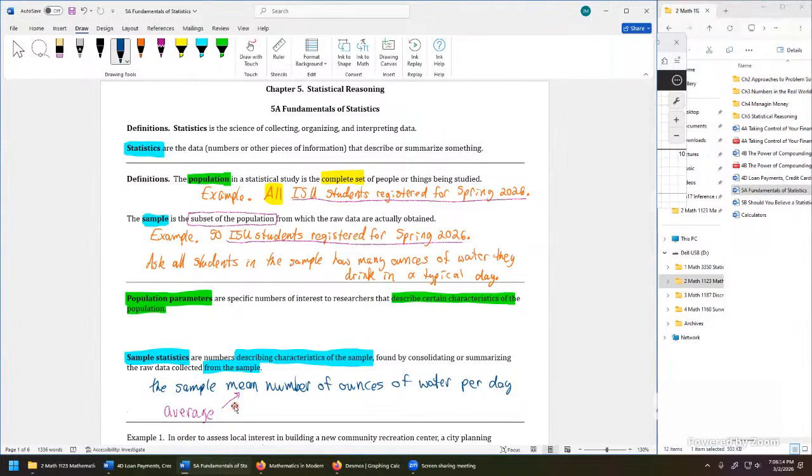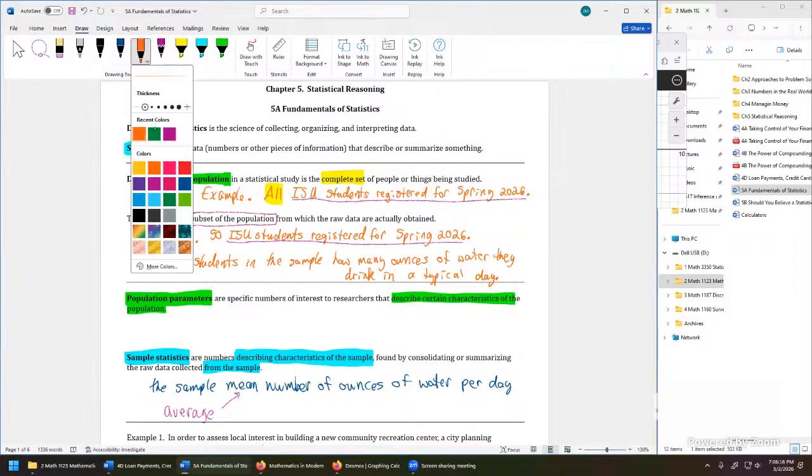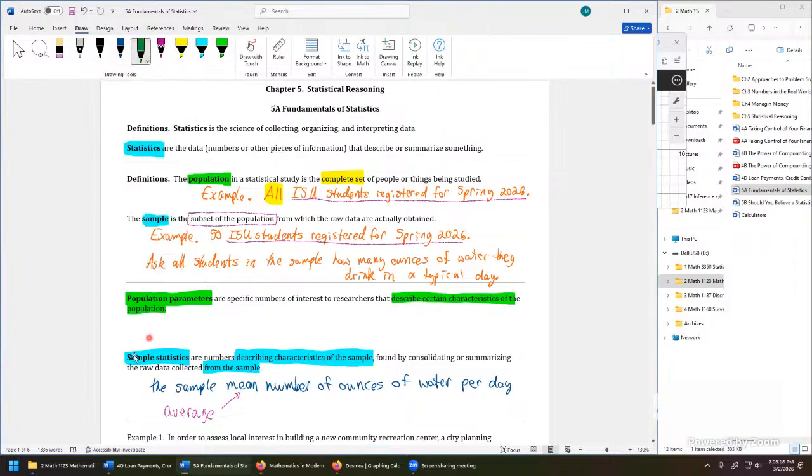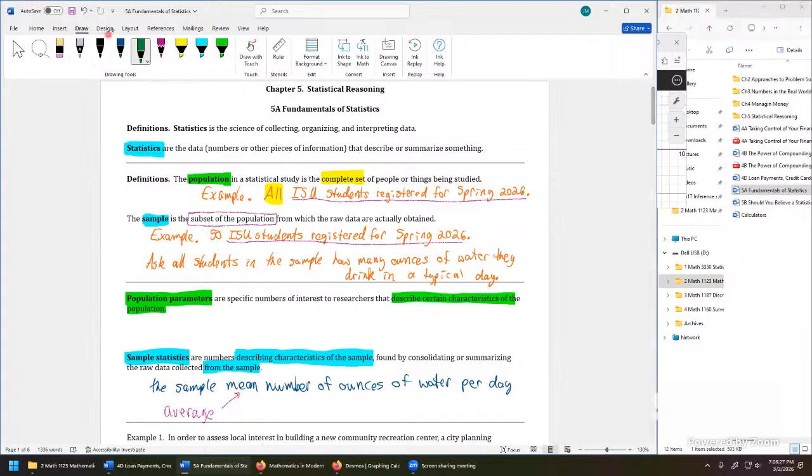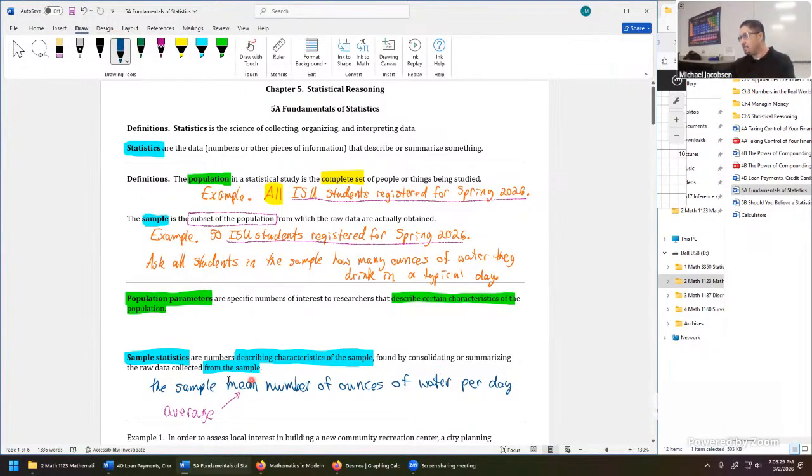I just want to make sure I understand. So the sample statistics it would be the ounces of water. Is that what you're saying? It would be the average ounces of water among all 50 students in the sample. Let's actually write that out. Okay. Sample mean, number of ounces of water per day among all 50 students